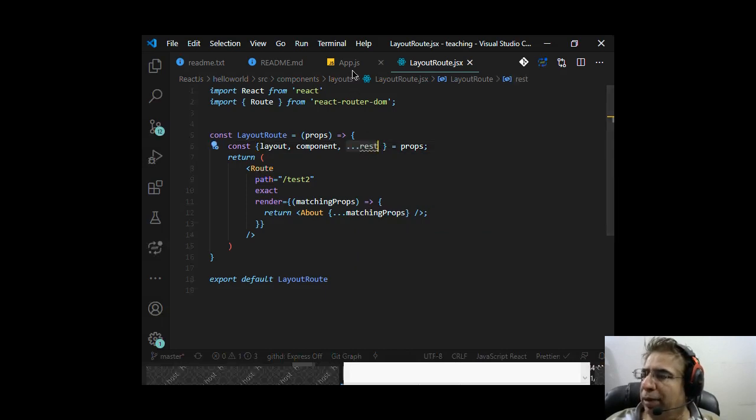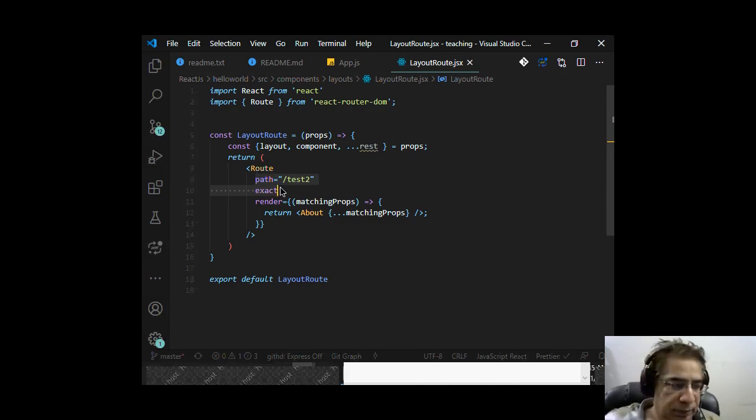Whatever parameters are coming, these two are important for me to understand in this page, but whatever other props are coming, I will put them in the rest. Now I don't want to do path and exact because every page will have a different path and exact parameter. So instead of putting path and exact, I will use the rest part. So I'll delete these two